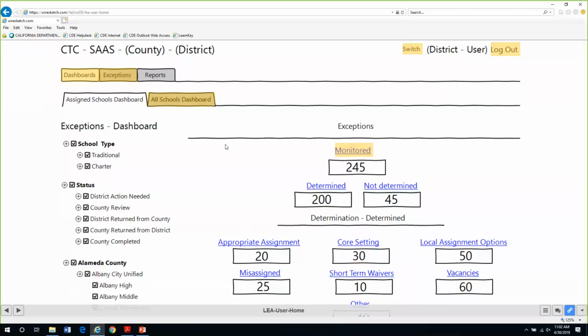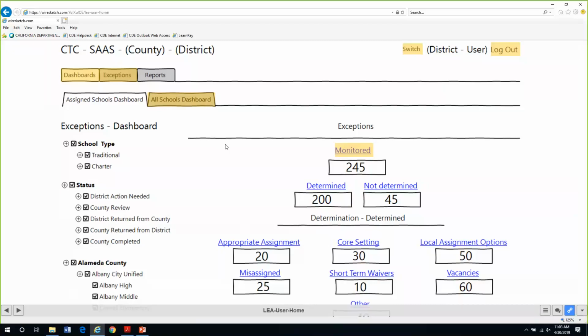How should independent study schools participate? Independent study schools are going to be like all other school types. They are alternative education school sites. They have a very convenient local assignment option that covers most of their assignments and will be used a lot on their drop-down. It's Education Code 44865. It allows any fully credentialed teacher, based on a BA and student teaching, to teach outside of their credential area. So in CalSAAS, if they have a correct credential for what they're teaching in independent study, it's not going to have any findings.